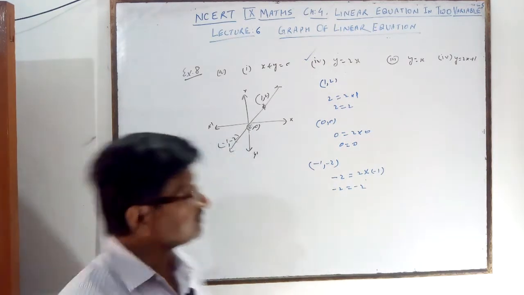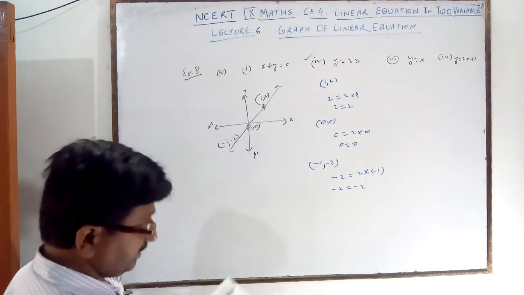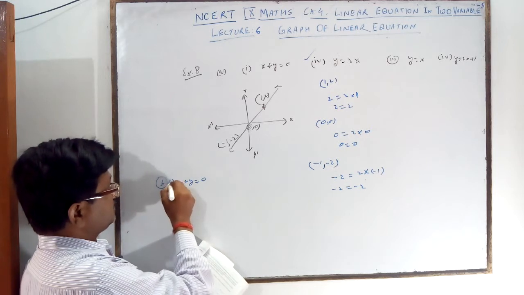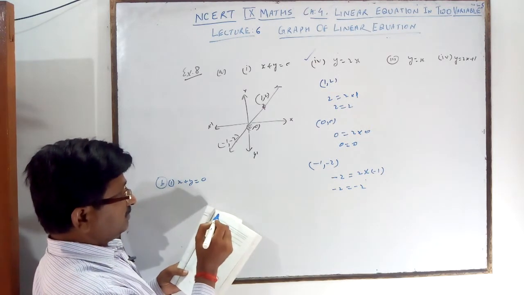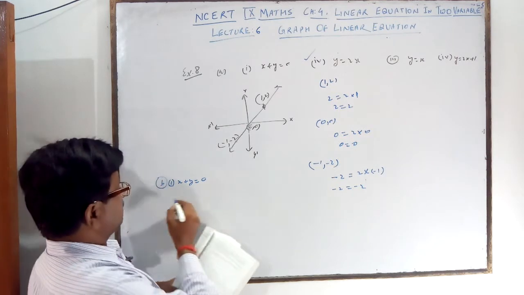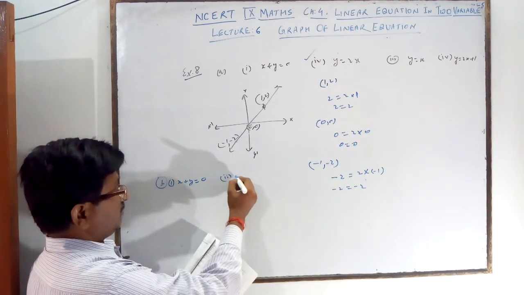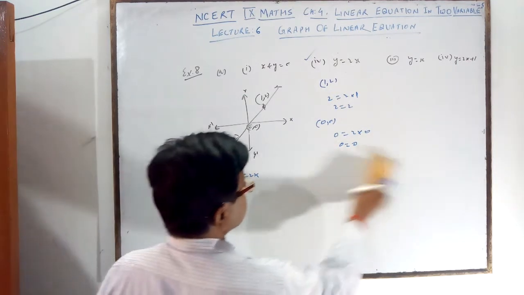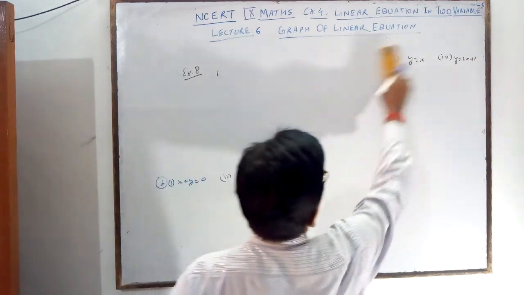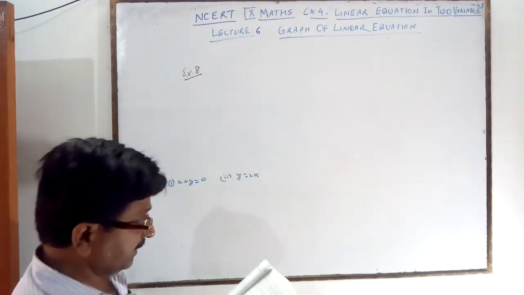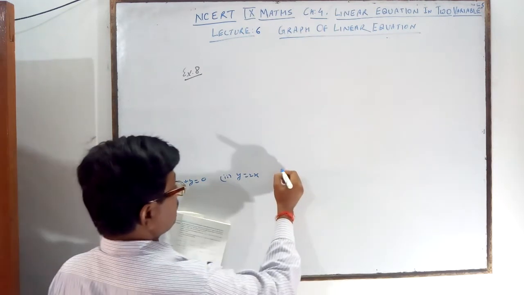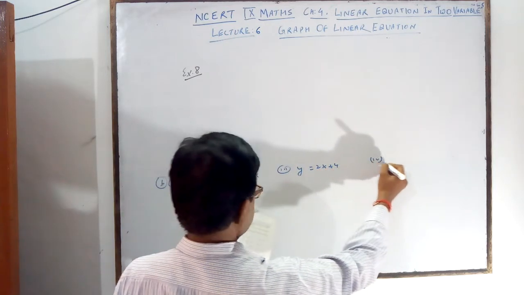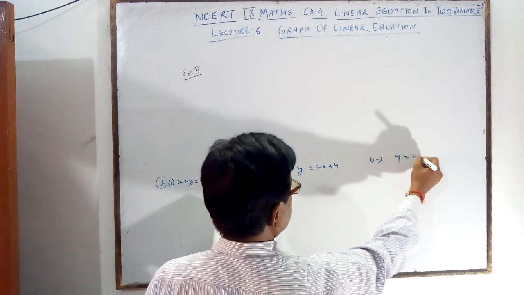Like this you will get the second, the B part. The B part is given 4 options. x plus y is equal to 0, first option. Second, y is equal to x, the same option is given. Second option is given, not the same, y is equal to 2x. And the third option is given, y is equal to 2x plus 4. And the fourth option is given y is equal to x plus 4.